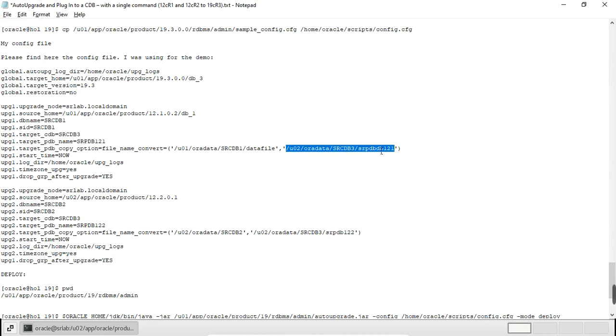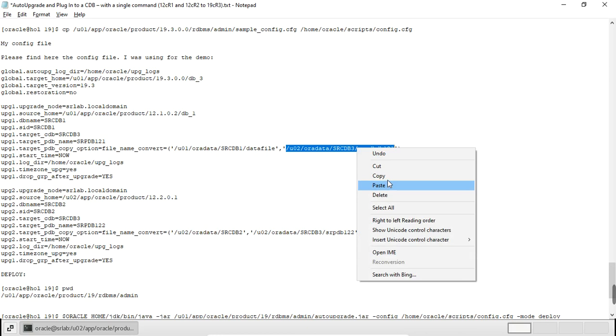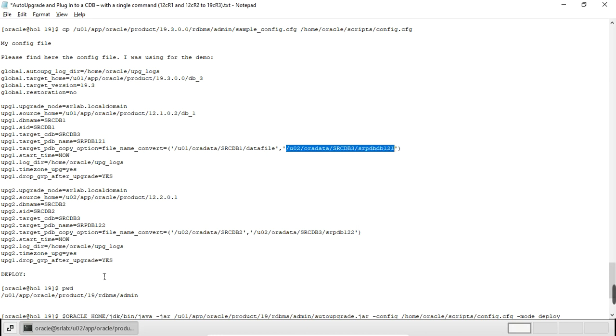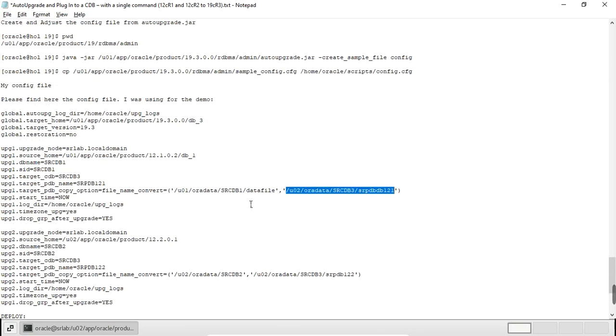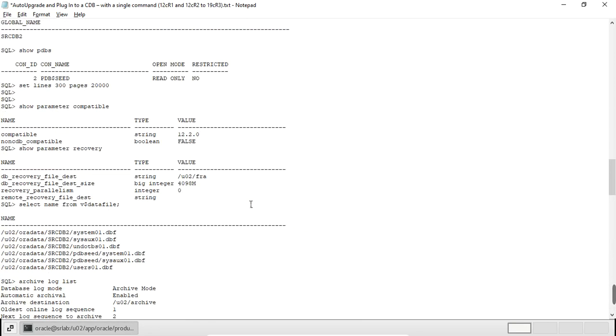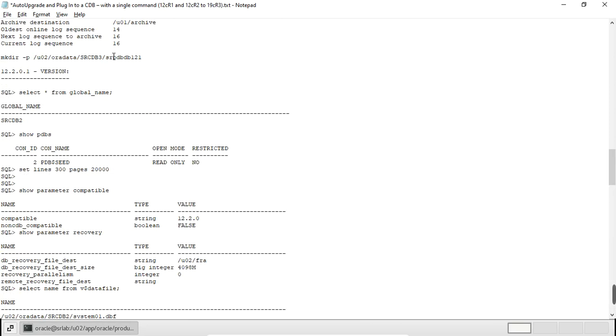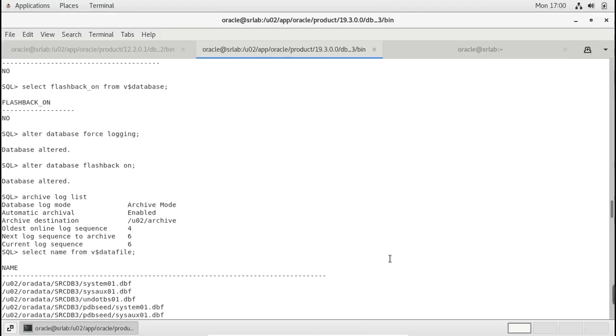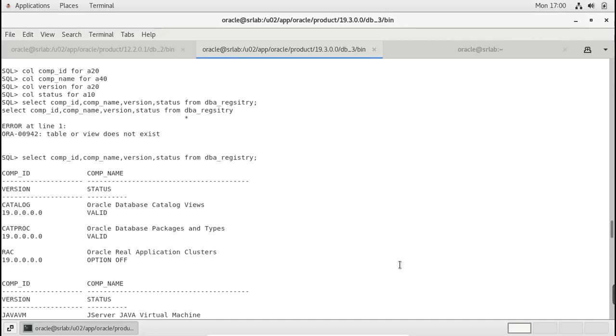So we need to create this directory. That is what I have mentioned here. Earlier I mentioned that we need to create the directory. You can see here. So we will go ahead with this directory creation.